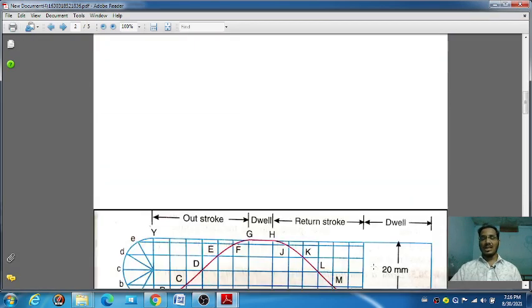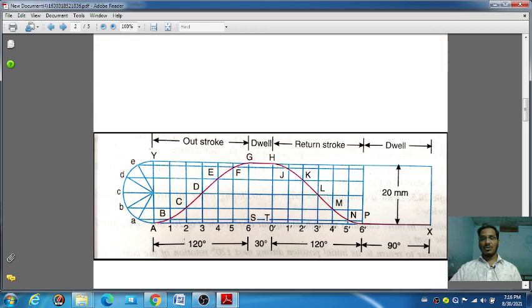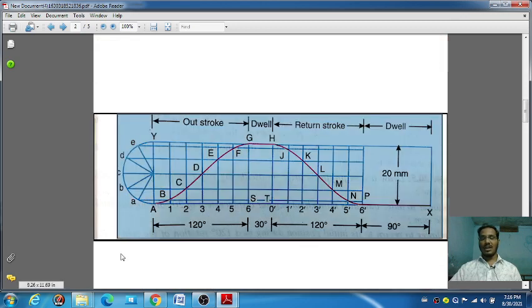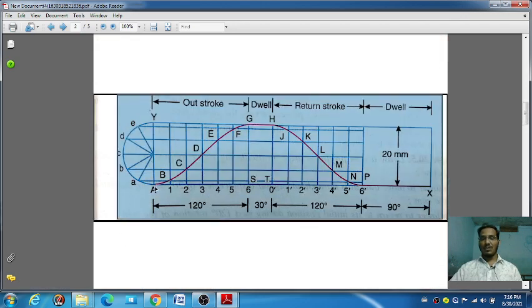Then after that I constructed the displacement diagram. You know very well how to construct the displacement diagram. With simple harmonic motion, the curve will move like this and it will come back to the original point. See the cursor, how I am going in the upward direction. Like this the follower will move upward to a maximum height, and it will go into the constant dwell, then it will come back in the return stroke. Like this one cycle will be completed.